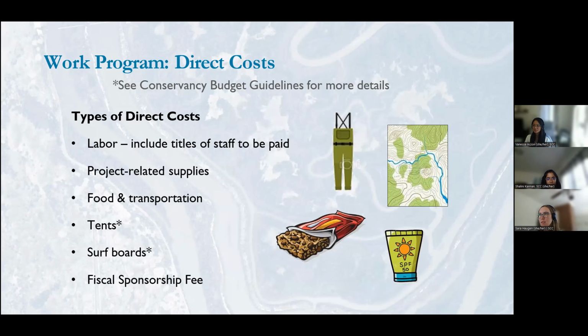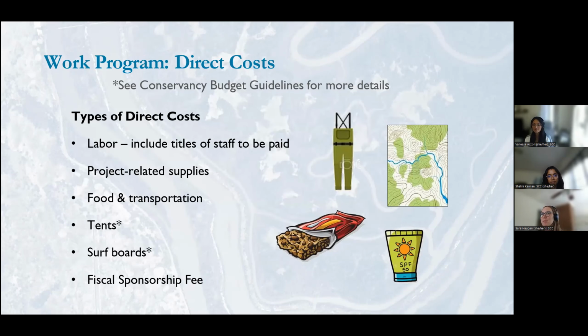Some examples here, they have tents and surfboards. Do check with your project manager about certain materials that are larger expenses. And also your fiscal sponsorship fee is considered a direct cost. And do describe any travel costs such as bus or car rentals in this section. Shalini will go into greater detail about those when she's sharing about the invoicing. But that's direct costs. And again, we do have budget guidelines you can review if you're unsure before reaching out